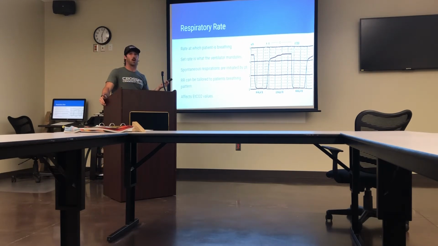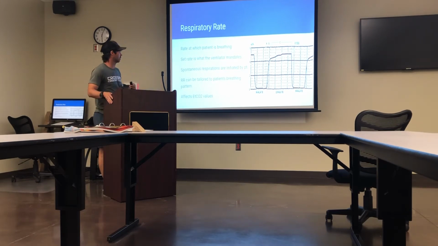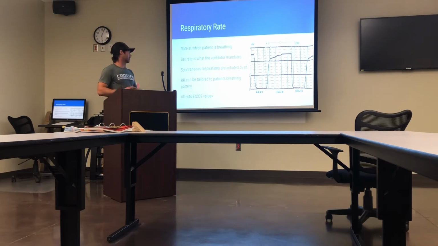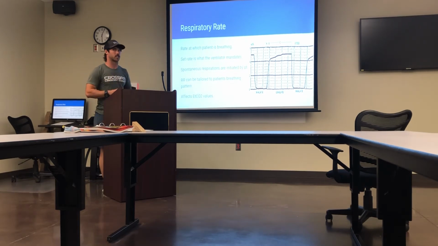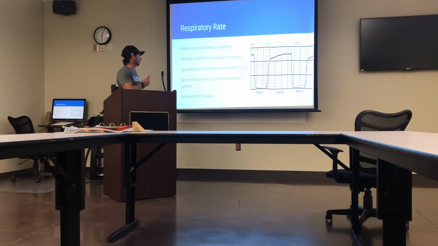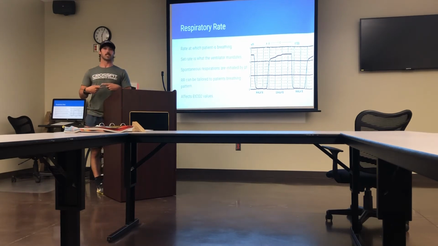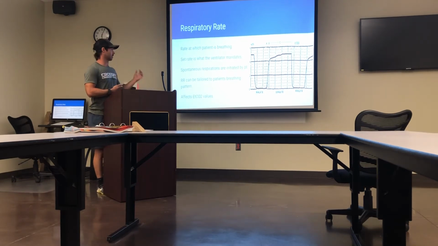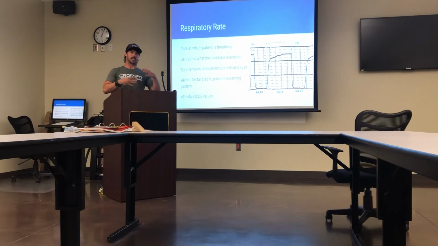Your patient can overbreathe the vent, and I'll get into the different settings and what your vent will do when your patient takes a spontaneous breath. Respiratory rates can be tailored to the patient's breathing pattern. So if the patient actually wants to breathe at 18, you can set it at 18, and you got green lights the whole way. Also, your respiratory rate affects your end-tidal CO2. So if they need to blow off some CO2, or if they've blown off and they're a little alkalotic, then you can slow the respiratory rate down and get them back to